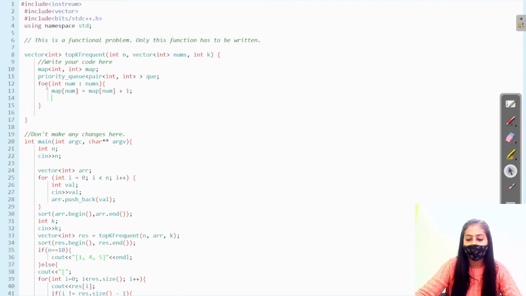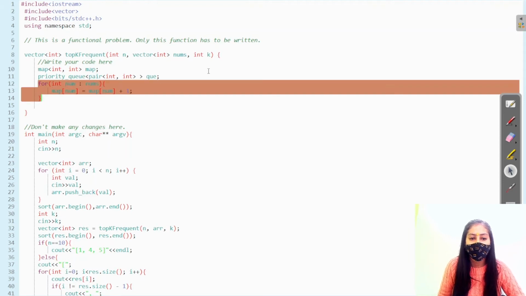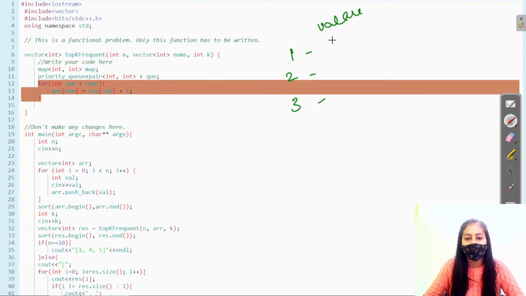For the first time the value would be 1, and if the element is already present, 1 is added to that value. In this way, at the key side all the elements are present, and at the value side the values are incremented each time. So the frequency of each element gets stored in the value part. So the frequency of 1 is 3, the frequency of 2 is 2, the frequency of 3 is 1.